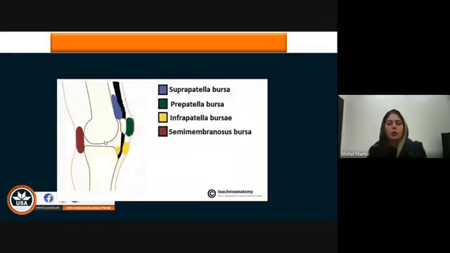Here I've just uploaded a picture of the bursas. We have studied in detail the suprapatellar bursa, prepatellar, infrapatellar, and the semimembranosus bursa, which are also known as clergyman's knee or housemaid's knee. We have detailed knowledge about this, but I added the picture just so people realize that the bursas of the knee joint are also very important.